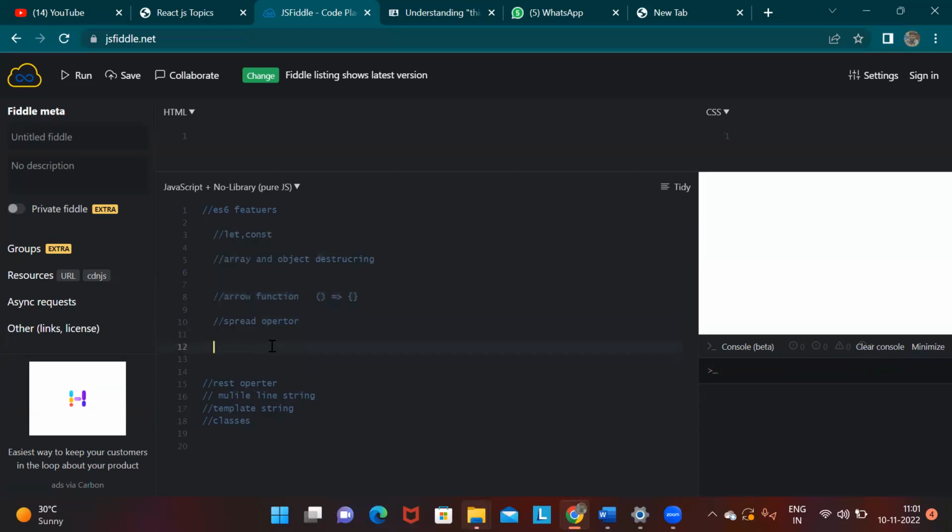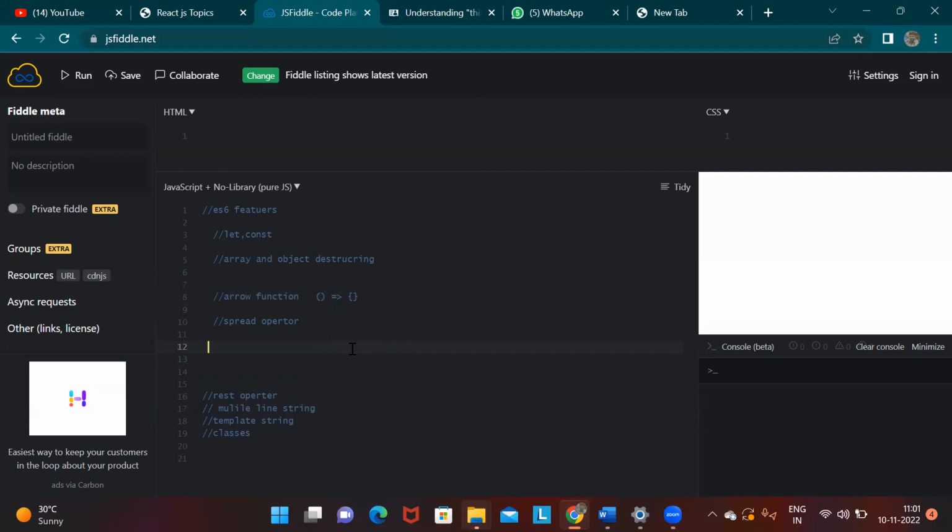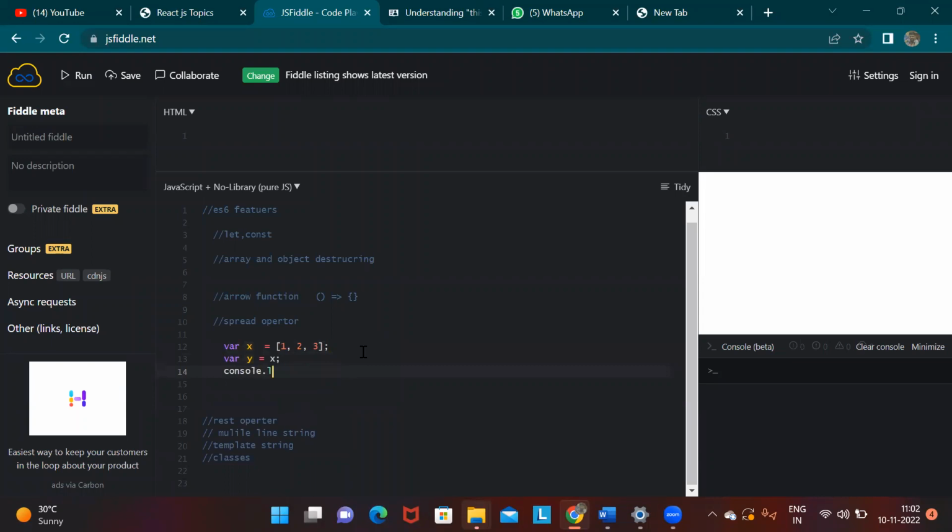Okay, now I want to tell the spread operator. Okay, for example, I have an array where x equal to 1, 2, 3. నాకు array ఉంది. Now I want to copy of this array. So what you will do, for example, if I do like where y is equal to x. Okay, now tell me